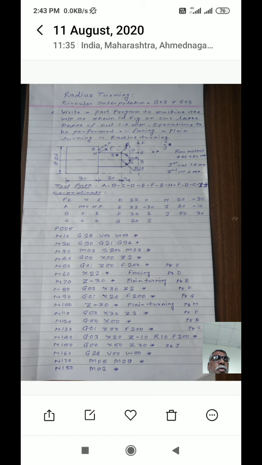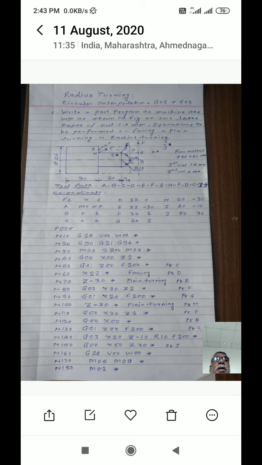Now here you have to perform the radius turning operation. You have to move the tool along the radius. Radius value is 10 millimeter. It means to perform this operation, you have to move the tool from point C to point I. That is radius turning. For radius turning, there are two types of codes, G02 and G03.